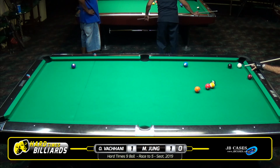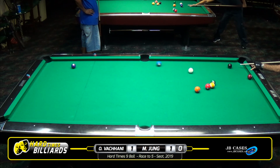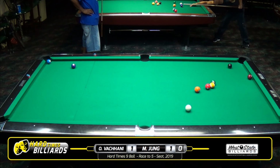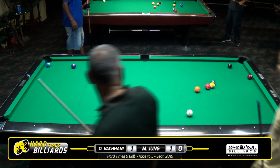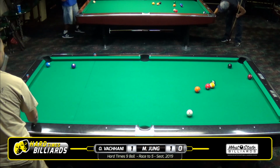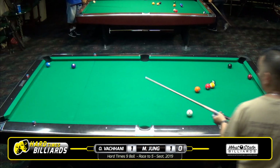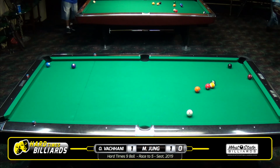But if you look at the way this rack is laid out, that's going to be a long uphill battle anyway. This is looking like a one-pocket rack. Oh, look, it's going to go. There's many innings that could occur here, or several. So that's why it's so hard for anybody to dominate on the men's tour,